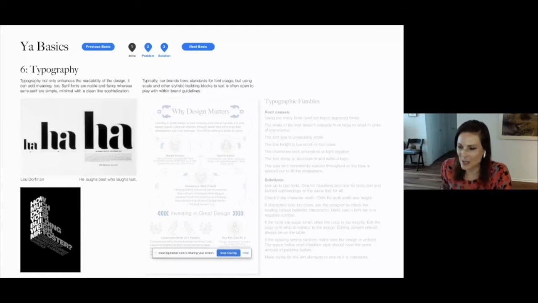And then this example below is using sort of an architectural treatment of typography. So the typography is overlaid on this object that really kind of shows like it's almost like a building that has weight to it.